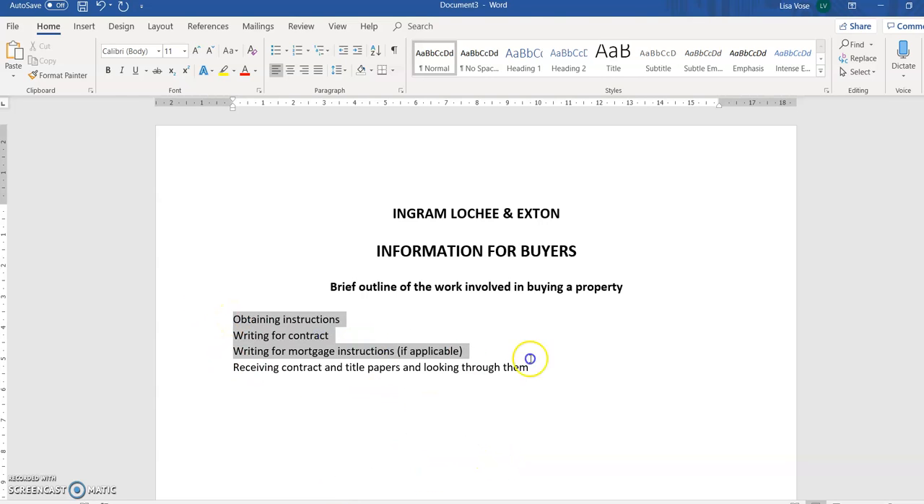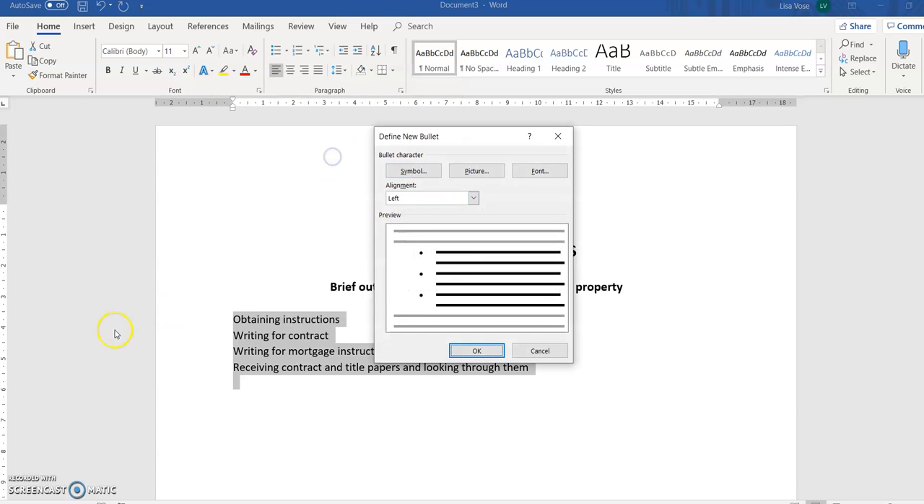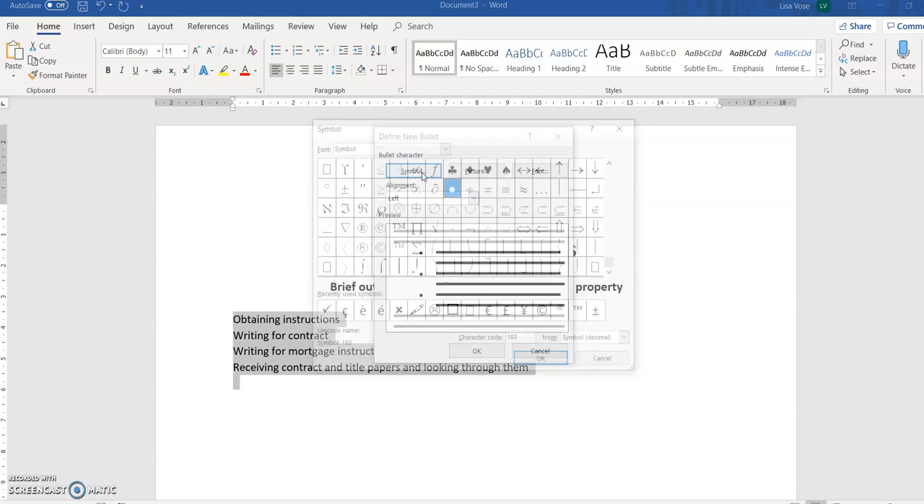So select all of it because you'll have loads of it. Okay, once you've done it. And then go to the bullet tool. And it's actually that, but you might not have that. So I'm going to show you how to find it, okay? Define a new bullet, okay? So say we want a symbol. If I go to a symbol,